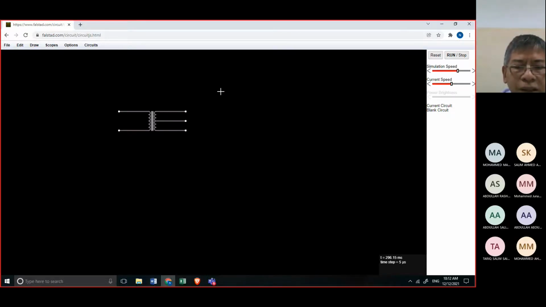Did you see? So this is SCR number 1. I want the gate to be in the up condition like this. And then the second SCR, this one, with the gate in the down condition like this.